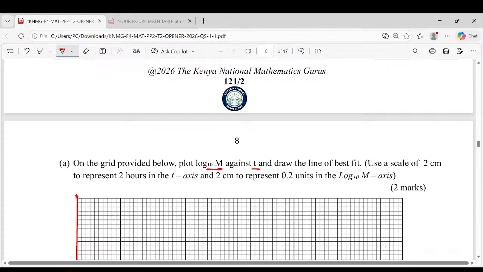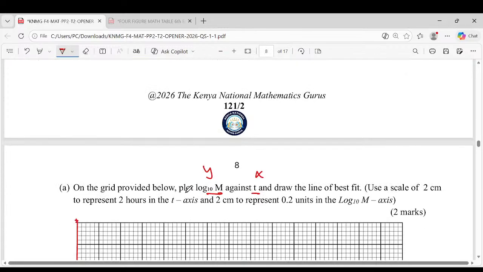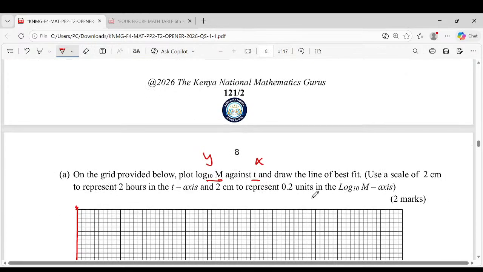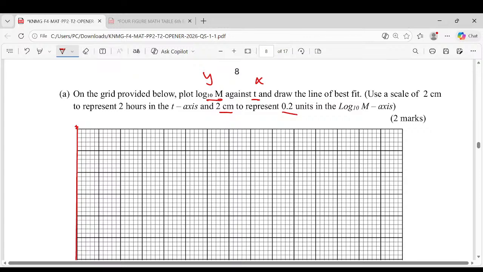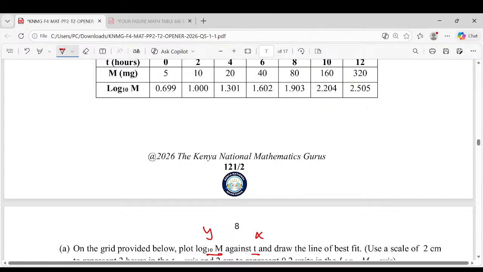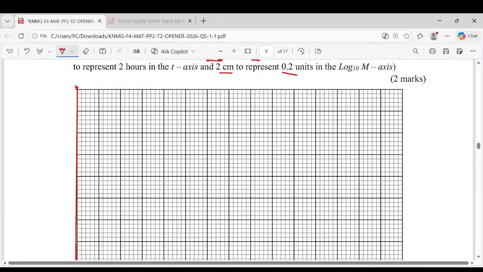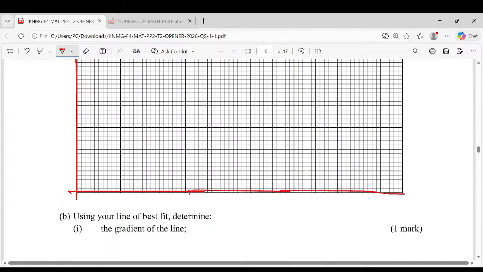So this should be y against the x-axis. In the y-axis, I'm going to plot log m. Log m goes all the way to 2 point something. Remember, they are saying on the y-axis, log m, 2 centimeters to represent 0.2 units. 2 centimeters to represent 0.2 units. So if I look at this, log m, 0.2 units. I can start this as 0,